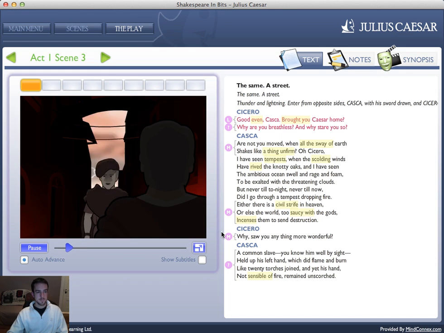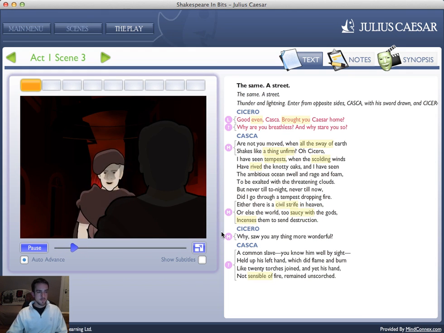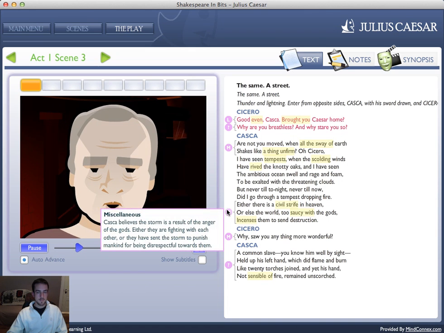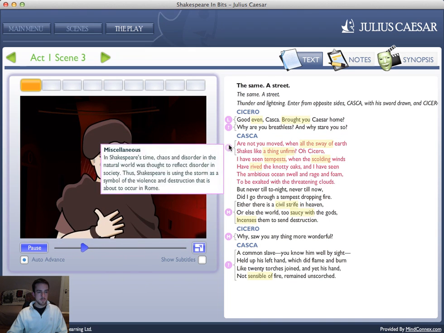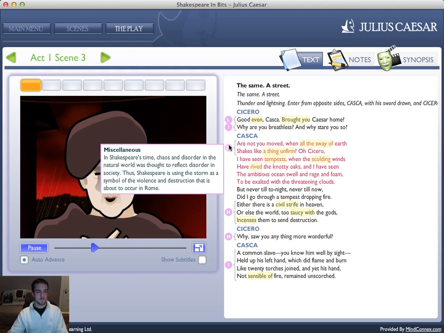Good evening, Casca. Brought you Caesar home? Why are you breathless, and why stare you so? Are you not moved when all the sway of earth shakes like a thing unfirm? Oh, Cicero, I have seen tempests when the scolding winds have riven the knotty oaks, and I have seen the